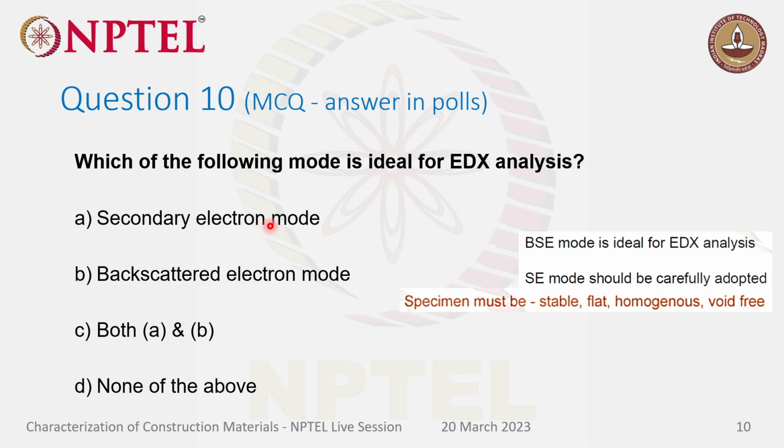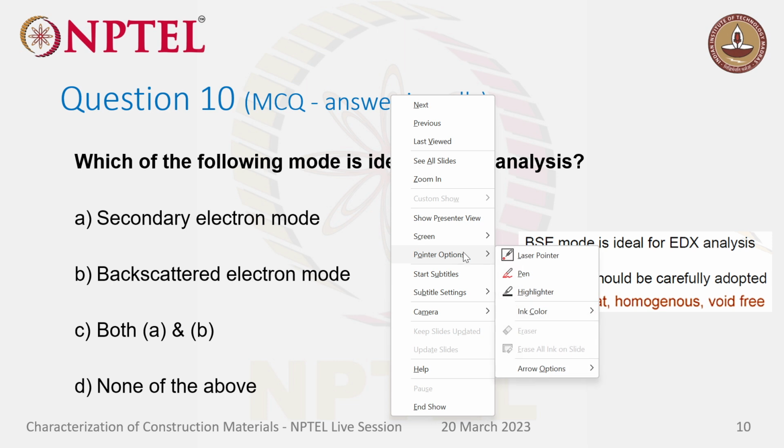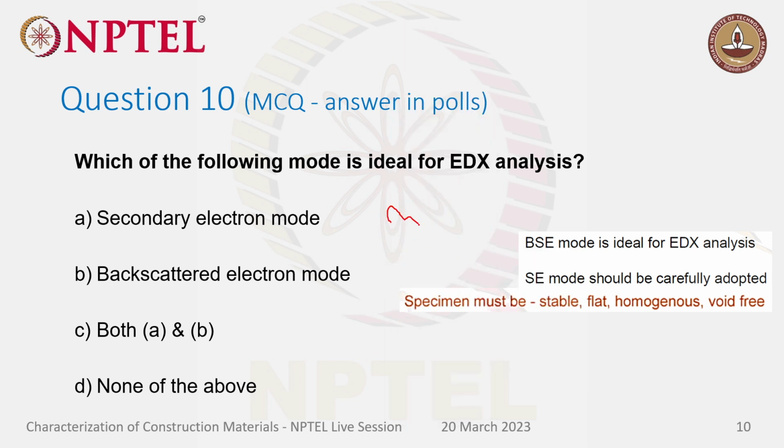So in secondary electron mode, the samples are not flat at all. We are trying to take a fractured surface and then understand why the fracture happened here, or to see the presence of heterogeneous crystals and things like that. We do that using secondary electron mode. When it comes to backscatter electron mode, the sample should be flat, right? It should be flat so that when the electron beam hits, it comes directly back and is detected by the